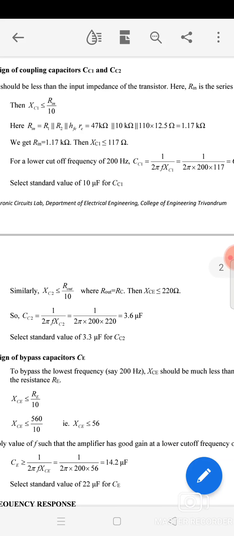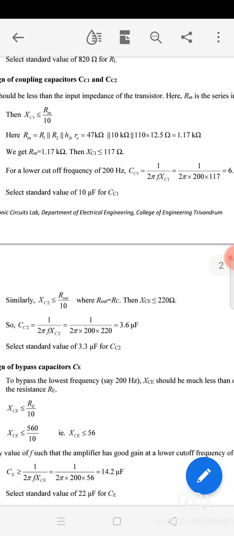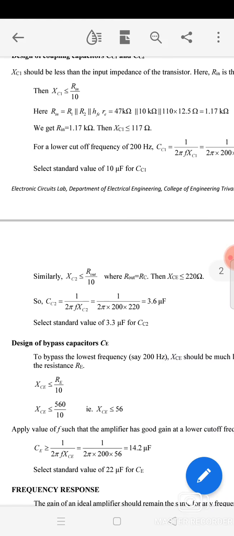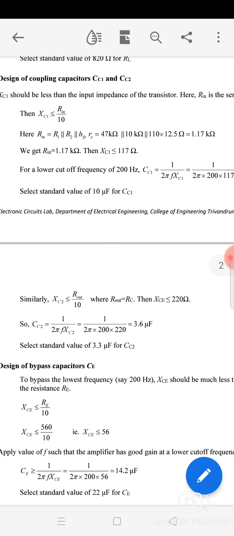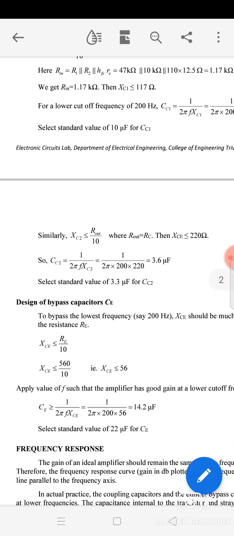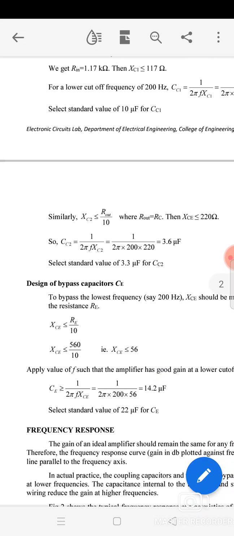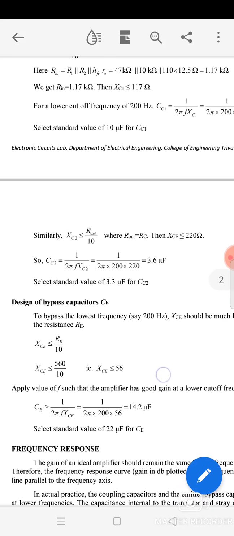similarly, XC2 is less than or equal to Rout by 10, where Rout is the output resistance, that is RC. Then XC2 is less than or equal to 220 ohms. RC is already found. So CC2 is equal to 1 by 2 pi F XC2, that is 1 by 2 pi times 20 times 220, which is equal to 3.6 microfarads. Select the standard value for the output terminal coupling capacitor, 3.3 microfarad, enough for the amplification